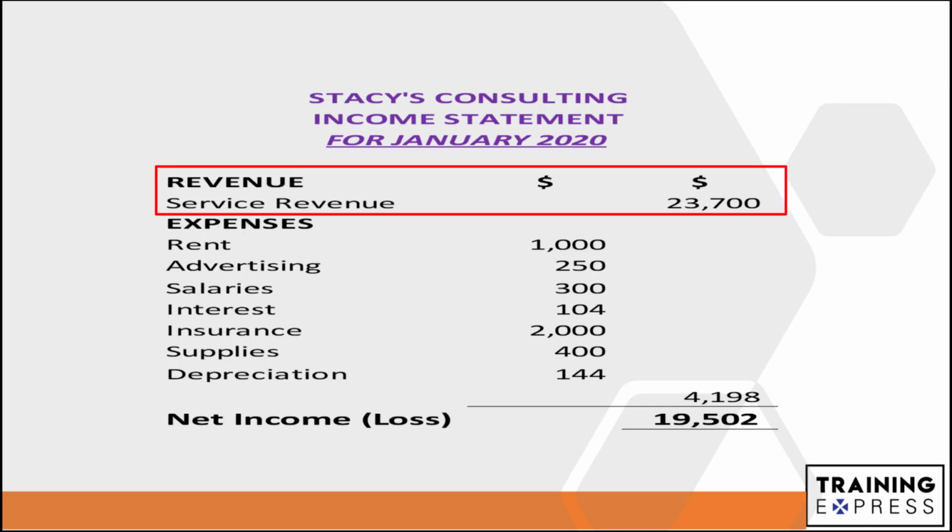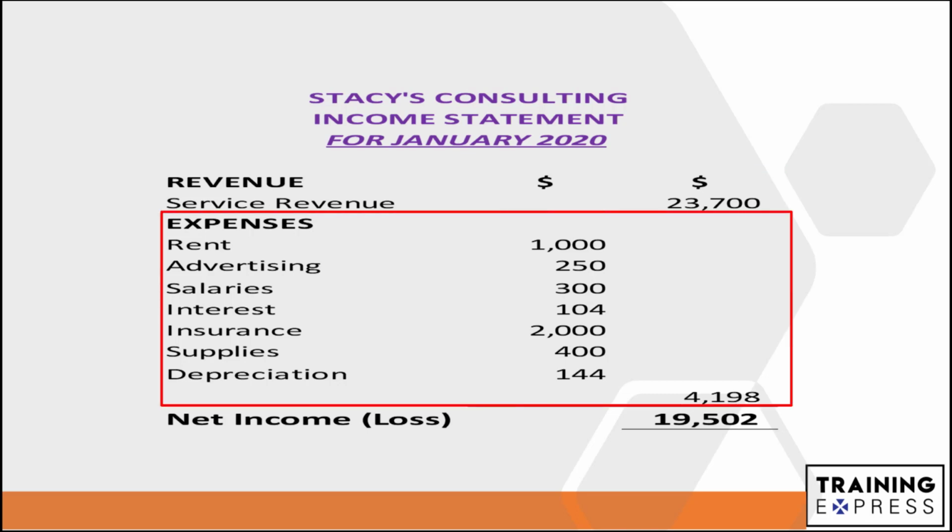Now let's look at our revenue, service revenue. In the trial balance, service revenue balance was 23,700. And then from this revenue, we will subtract our different expenses. So if you look at the list of expenses: rent, advertising, salaries, interest, insurance, supplies, and depreciation. Total of these expenses is